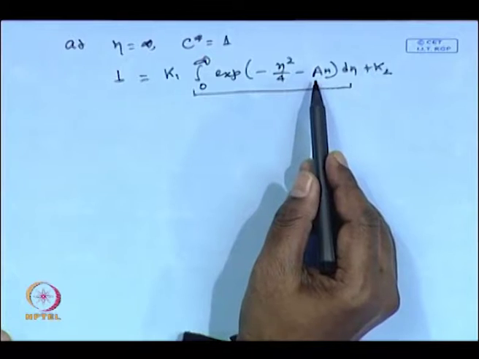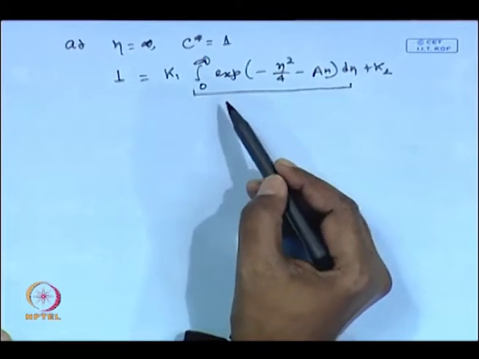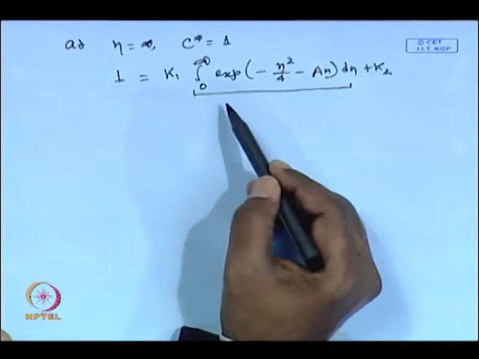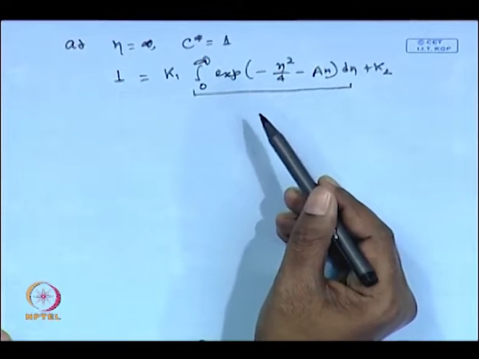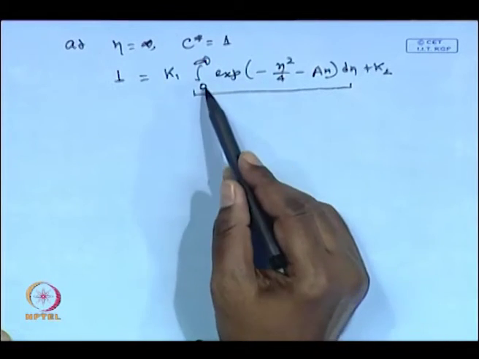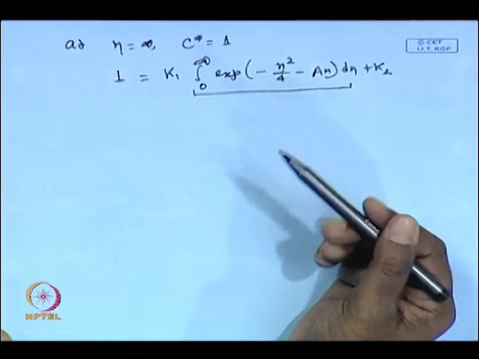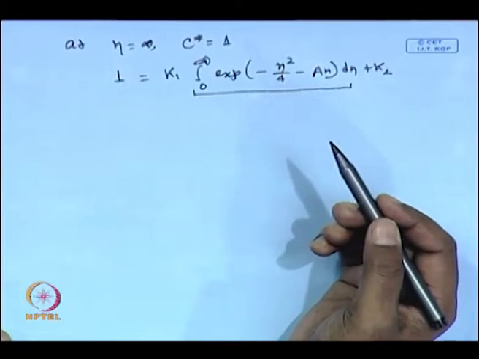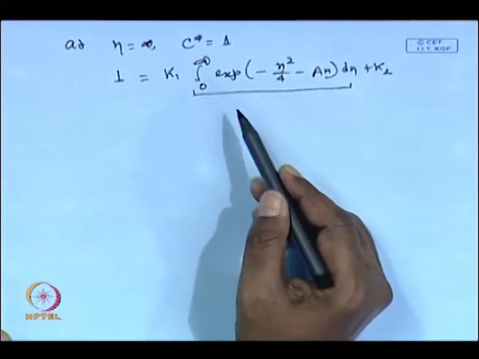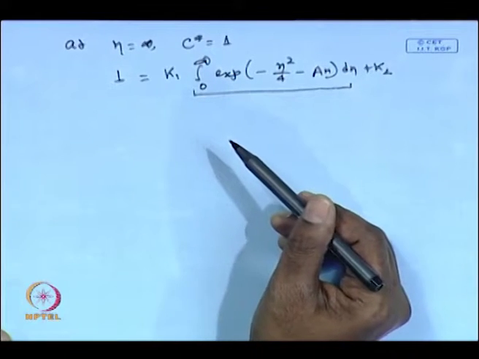Once you know the value of a, this definite integral can be evaluated by using the trapezoidal rule or Simpson's rule, putting the upper limit as some higher number, maybe 10, 15, something. And how to decide 10, 15, I think we have discussed earlier. Just put any number and you will be getting a result.